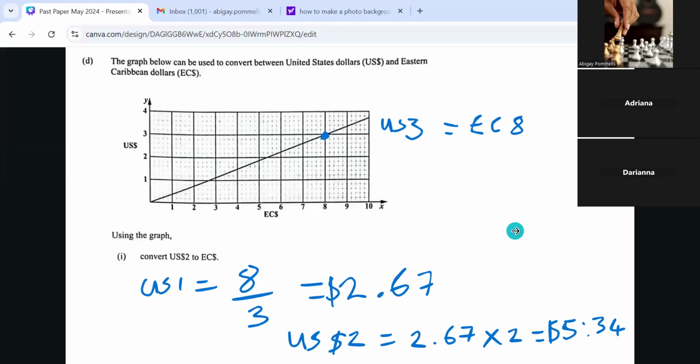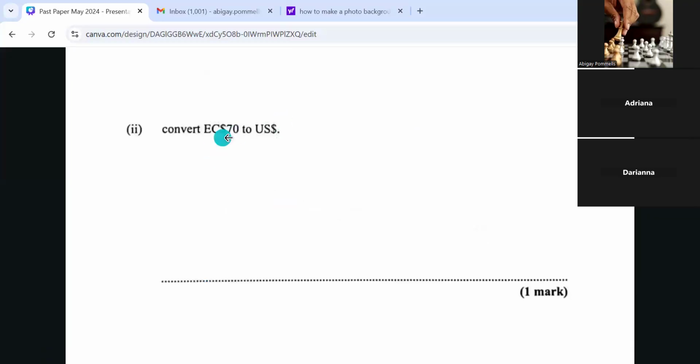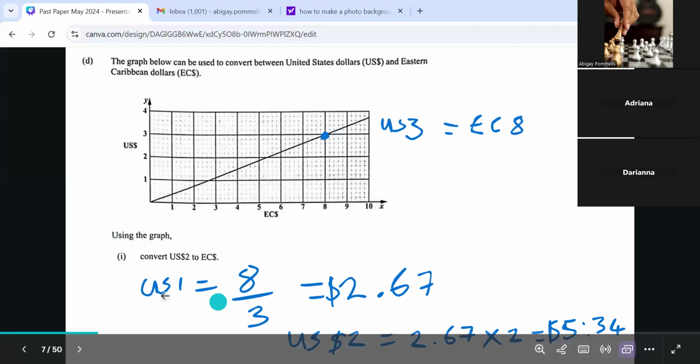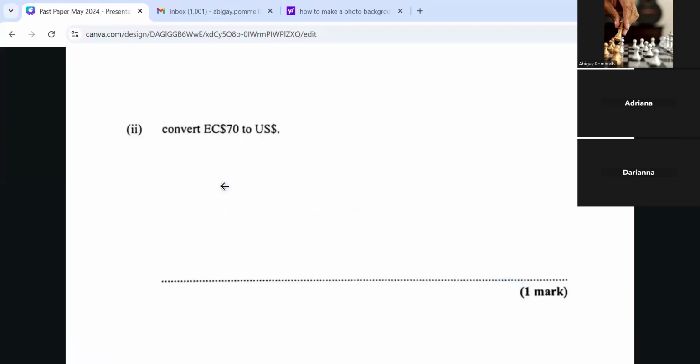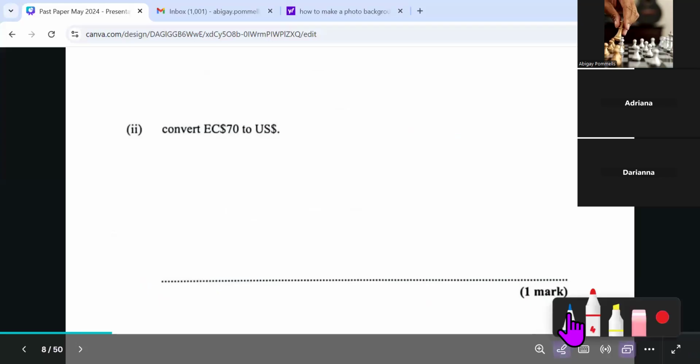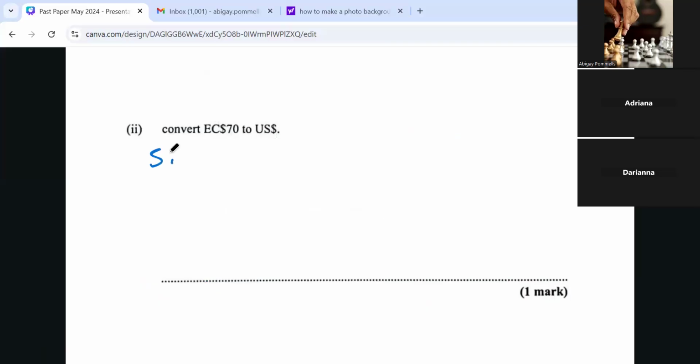We're still on converting the EC $70 to the US dollar. So based on our calculation over here, we found that 1 US dollar equals 2.67. We're going to use that same method again. So let me write it back here. Since 1 US dollar equals 2.67 EC,